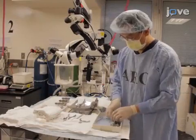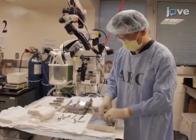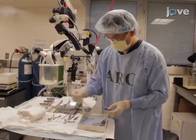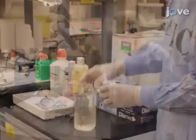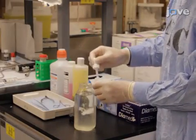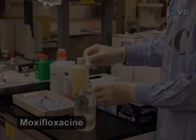All surgical procedures must be performed under sterile conditions using sterile equipment and solutions and according to institution and government guidelines. This procedure uses Wistar rats weighing 250 to 270 grams. Before beginning the procedure,